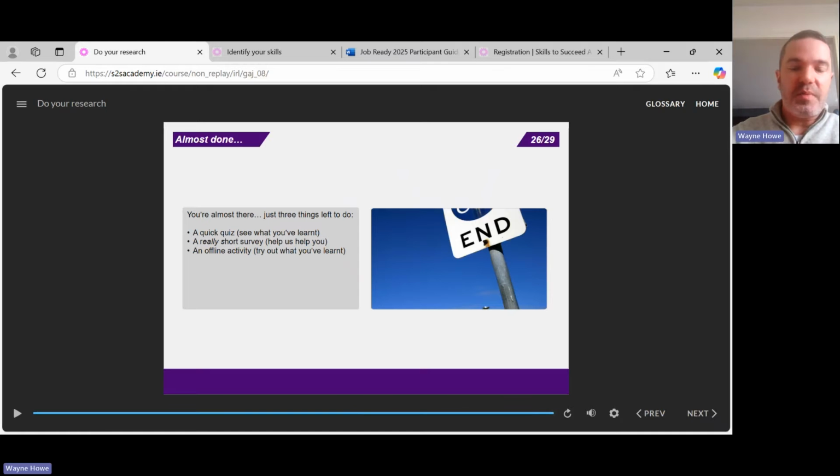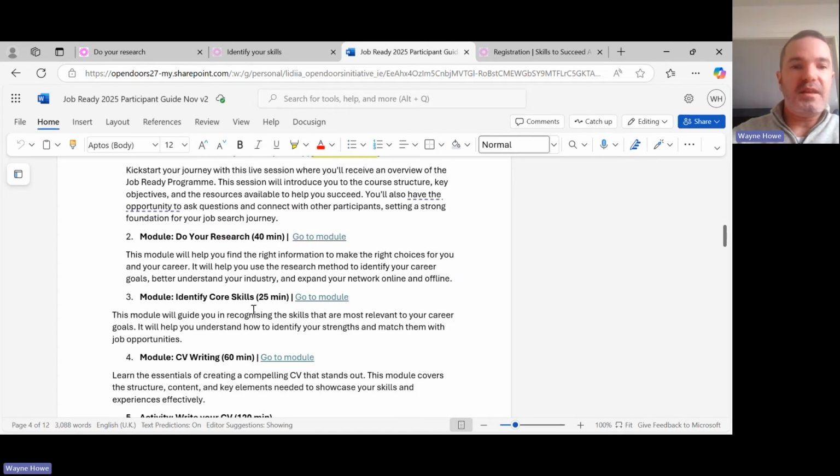So next then, you go back to your Job Ready guide, and you'll see the next session is identify core skills. This module will guide you in recognizing the skills that are most relevant to your career goals. It will also help you understand how to identify your strengths and match them with job opportunities. So if you click on that module,